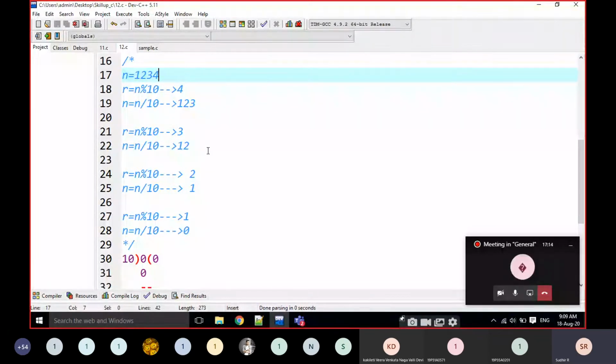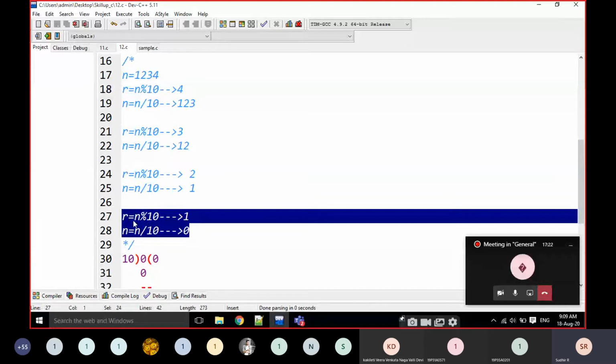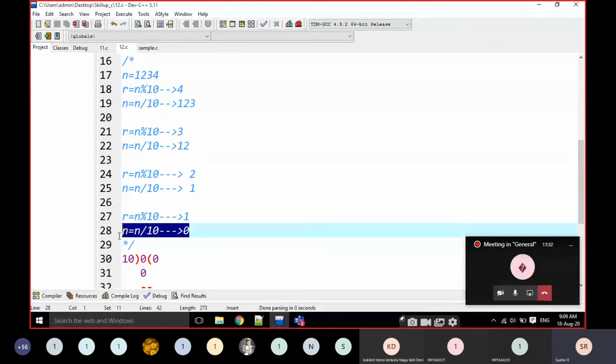The loop is not fixed, it is based on the number. I have to repeat these two lines only until n is 0.